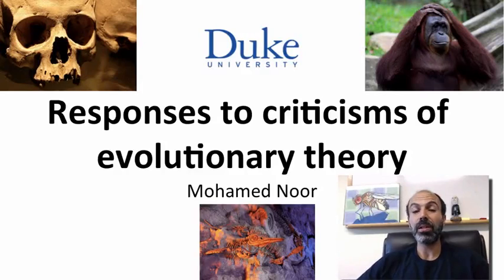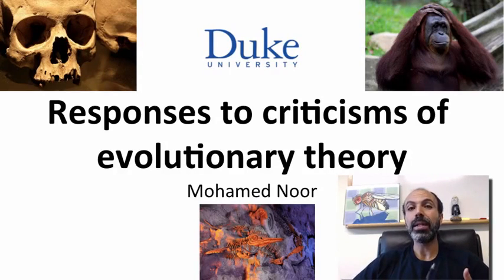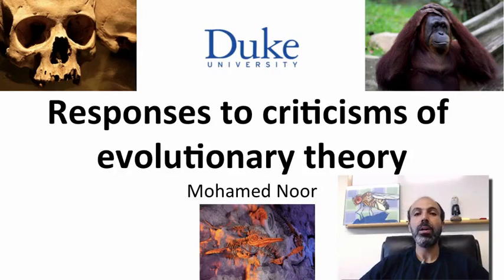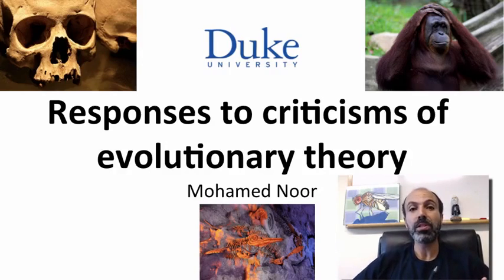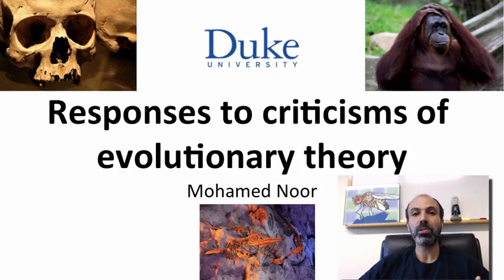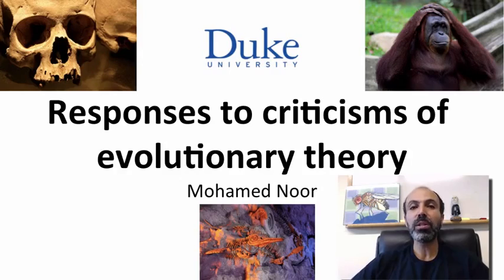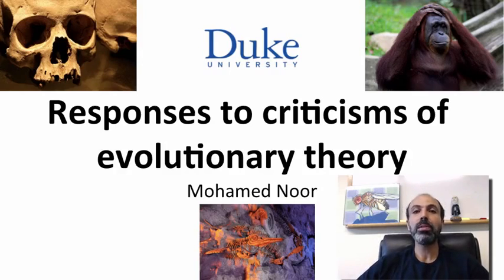In this set of videos, we've talked about how natural selection is a mathematical inevitability. We've talked about how there's variation in the acceptance of the truth of evolution across various countries and some of the reasons for that. We've talked a little bit about evidence for evolution and common ancestry of species. I'll recap that in just a second. So in this video, what I'd like to do is respond to some of the criticisms of evolutionary theory that are leveled particularly by the media and by non-scientists.